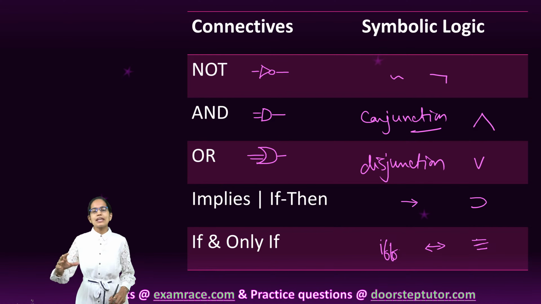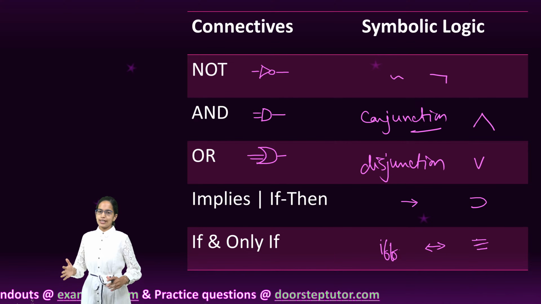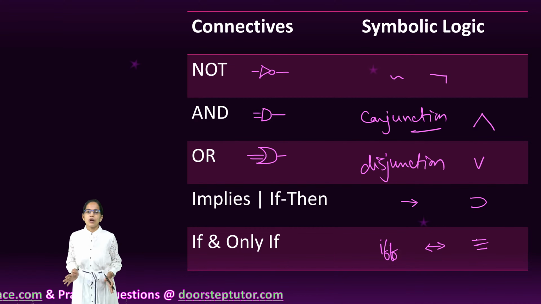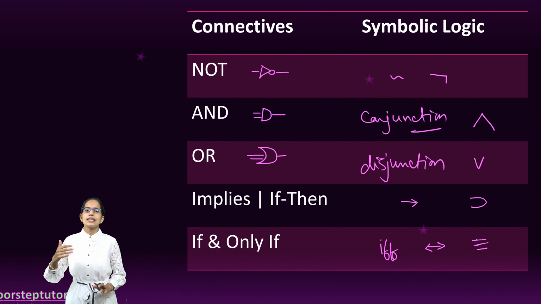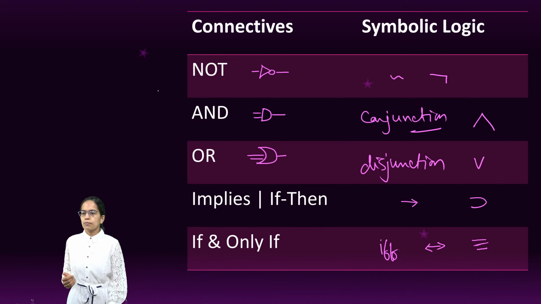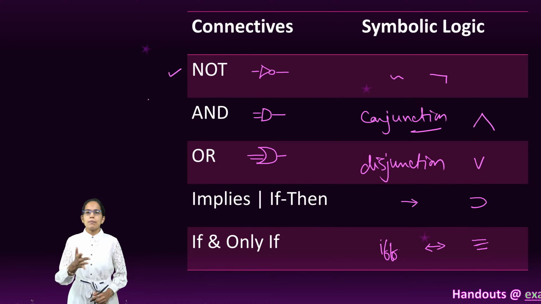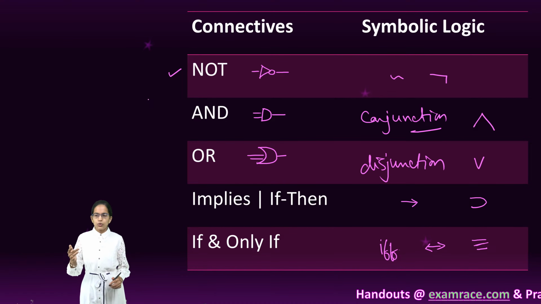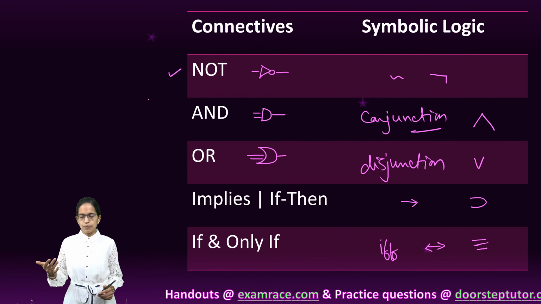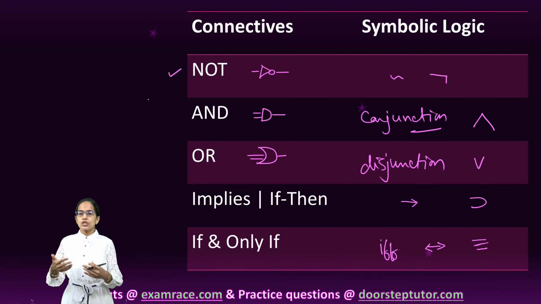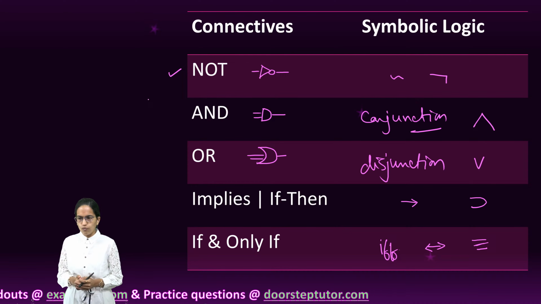Now let me make this symbolic logic clear for you. Under the Boolean logic, we talked about simple on-off digital circuits. Let's take some examples for symbolic logic. Not: you should complete your homework. Okay, now this is a statement, this is a proposition. What would be the not of it? You do not complete your homework is the not.